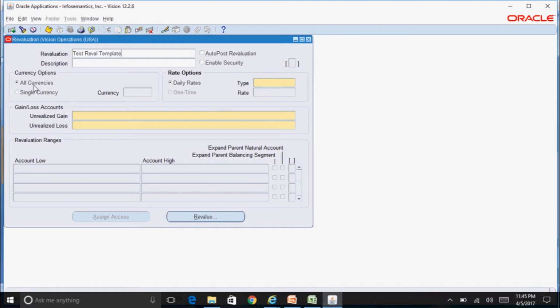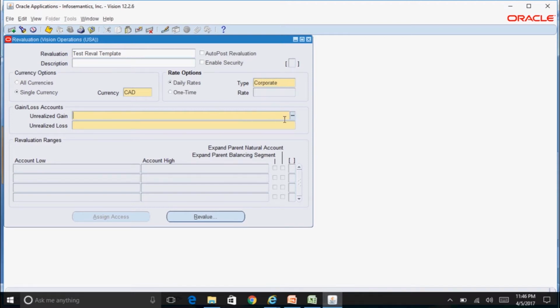If you want, you can create your template for all the currencies or for a specific currency. So for this session purpose, I'll select the currency as CAD, and the rate to be used by the revaluation process. So I'll say corporate,